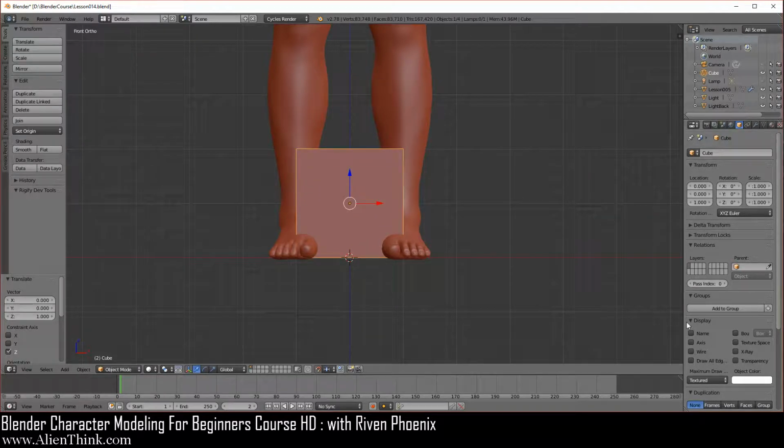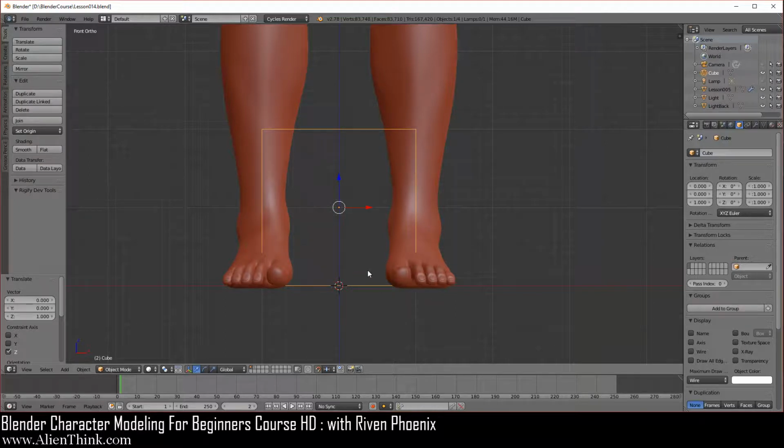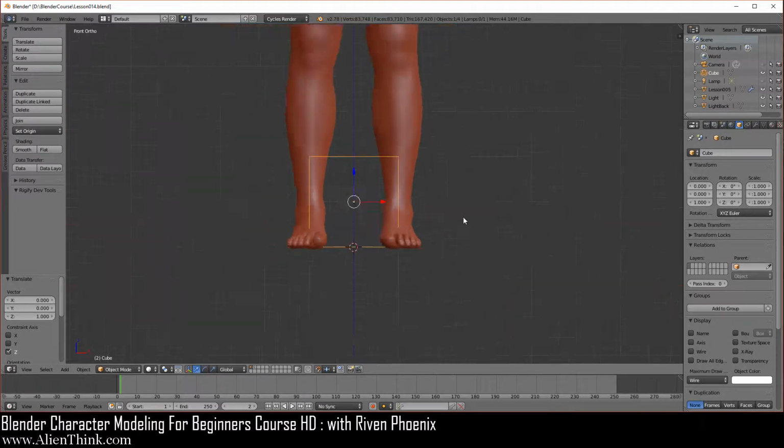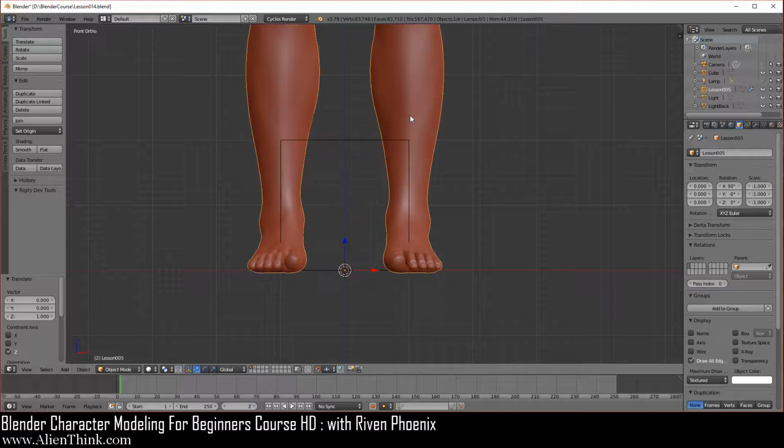Go over here and click over here, do wire. The reason I'm doing this is just to help you to see what the 2 meter is. This is how small the figure needs to be. You can see how big it is. Okay, we're just going to click on the figure.